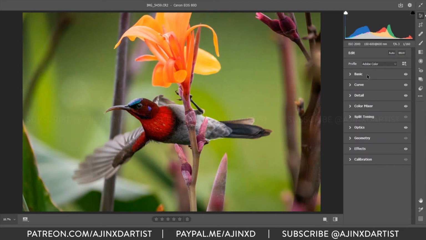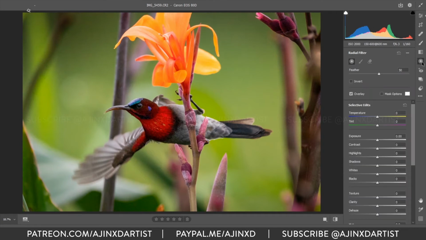Okay, so after this, what we do is we want to separate the background and our subject. So we go to the radial filter, we draw a filter, a mask around our subject. I'm thinking whether I should include the flower as well, but it will be a big mask, so I'm just going to concentrate on the bird here.